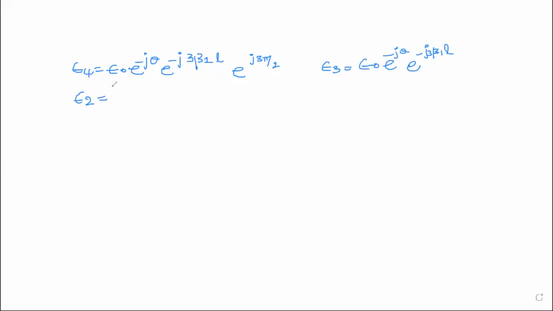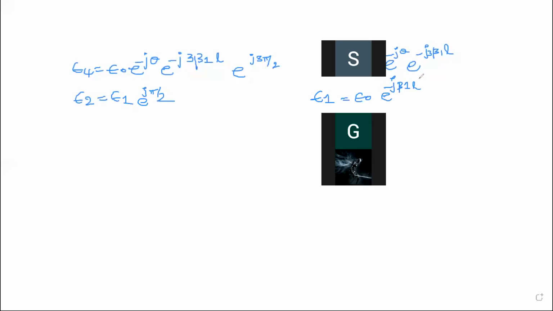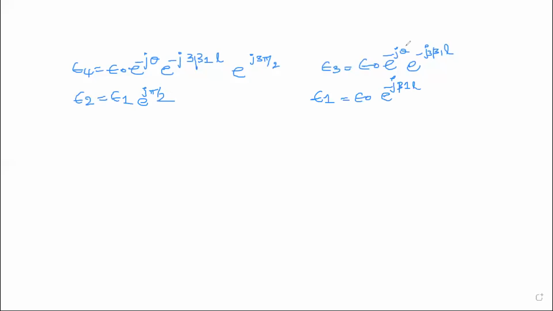So we have E2. E2 is equal to E1, e to the power j pi by 2. Similarly, next we have E1, which we have derived. That is E1 is equal to E0, e to the power minus j beta 1 L. Now next we have to derive for E5. So to derive for E5,